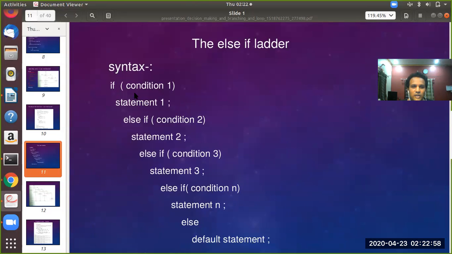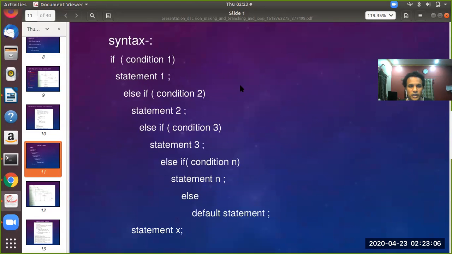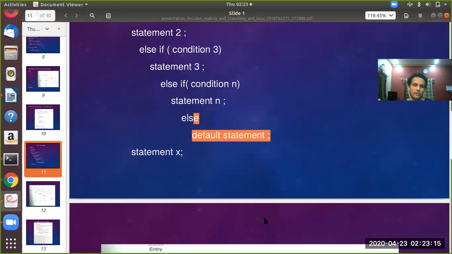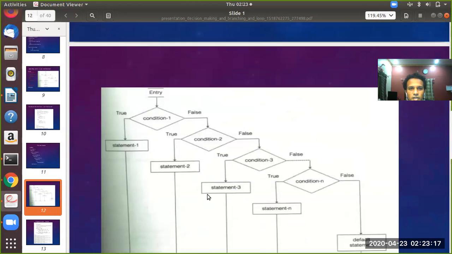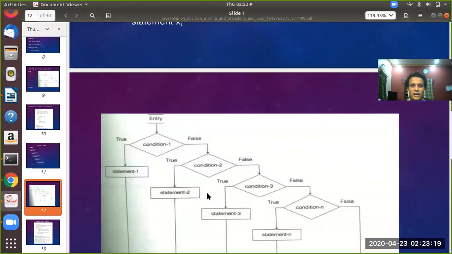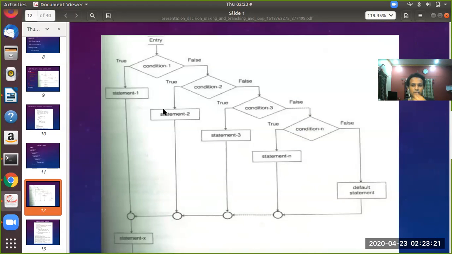Whichever if becomes true, that particular block of code will be executed. In case none of these conditions becomes true, the else block found at the last will be executed.